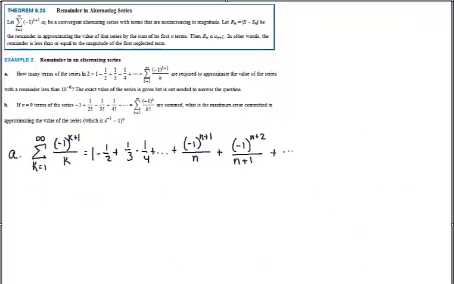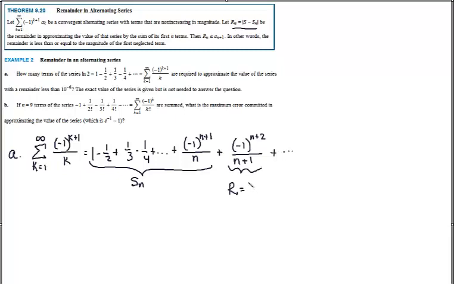Alright, so let's look at this next theorem, and it has to do with the remainder and alternating series and what that remainder equals. We have a series that is convergent and alternating, and we do have that here. And they tell us that this is going to be the formula for this remainder. Note that this is the sum of the first n terms. So this is going to be s sub n. And then this guy right here,